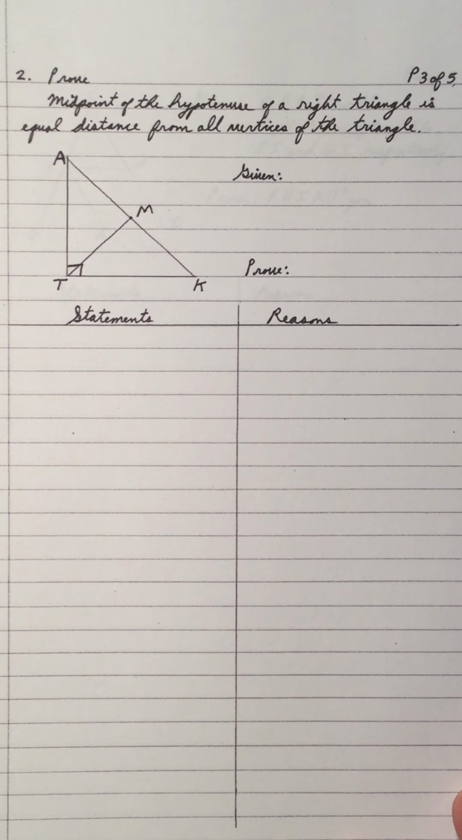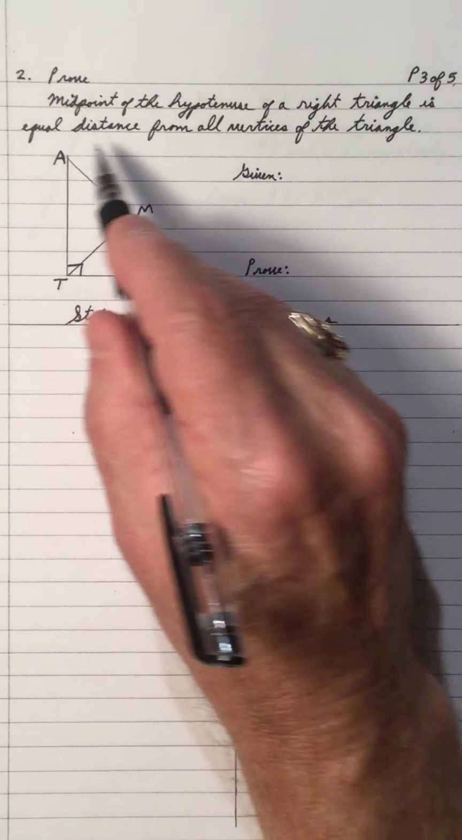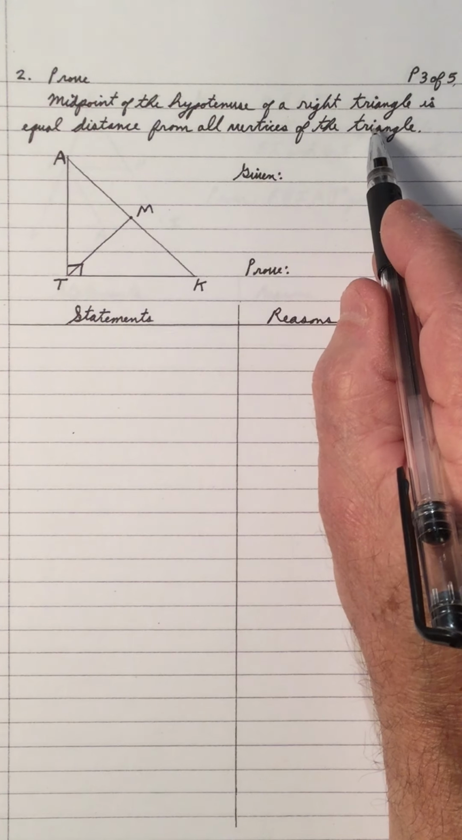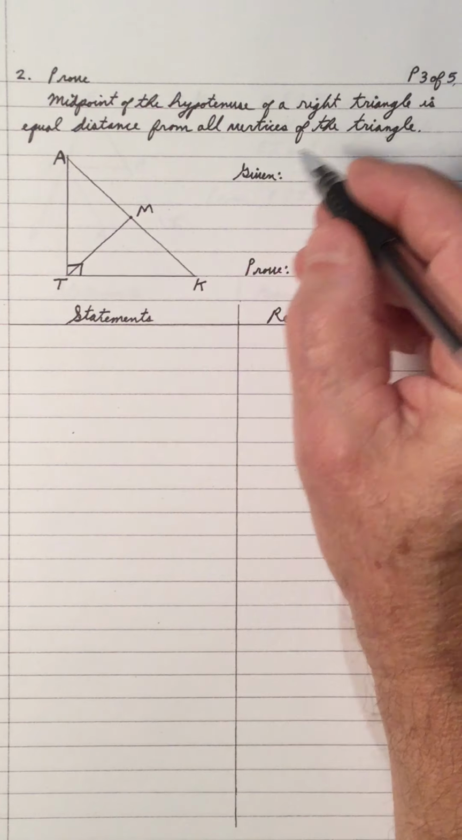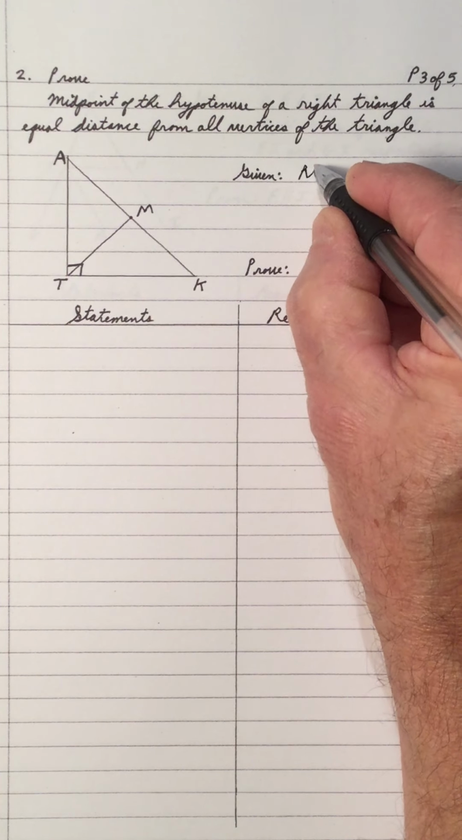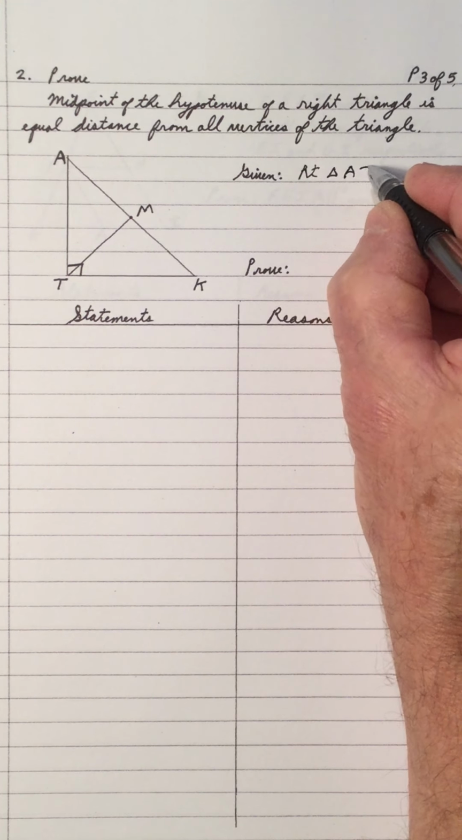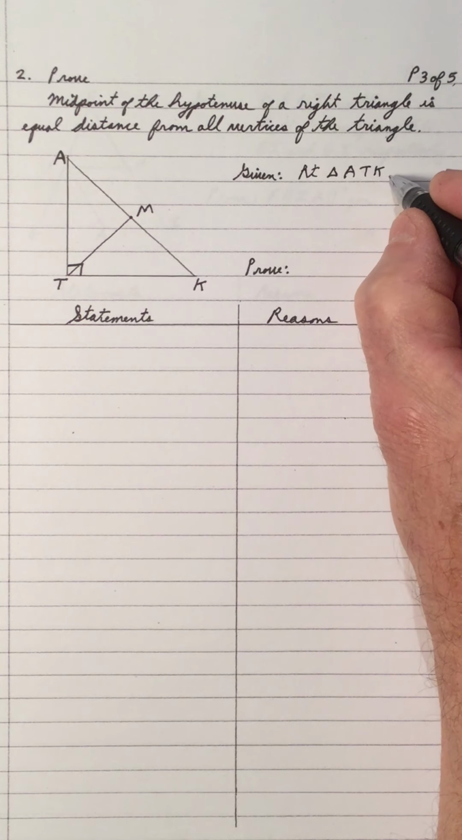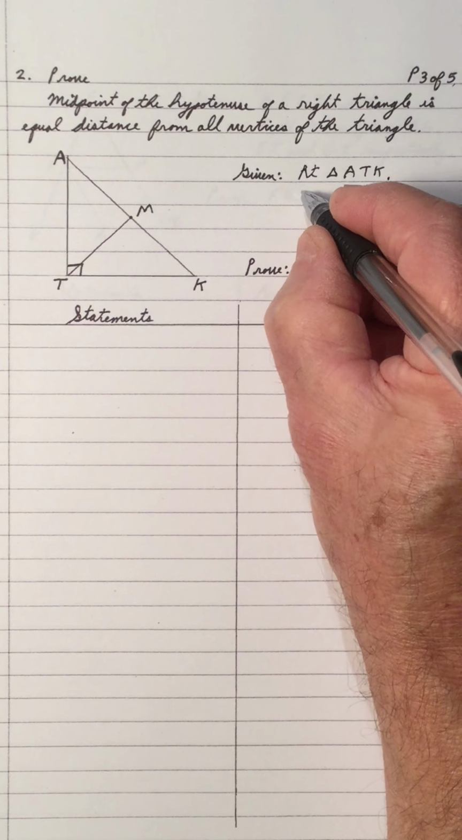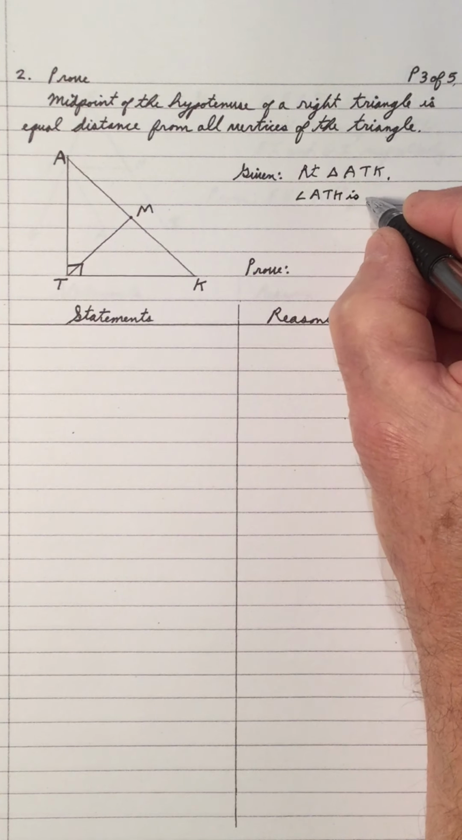Okay, let's go through another proof. And this proof is called the midpoint of the hypotenuse of a right triangle is equal distance from all the vertices of the triangle. So we're given a right triangle ATK, and we're given that the angle ATK is a right angle,